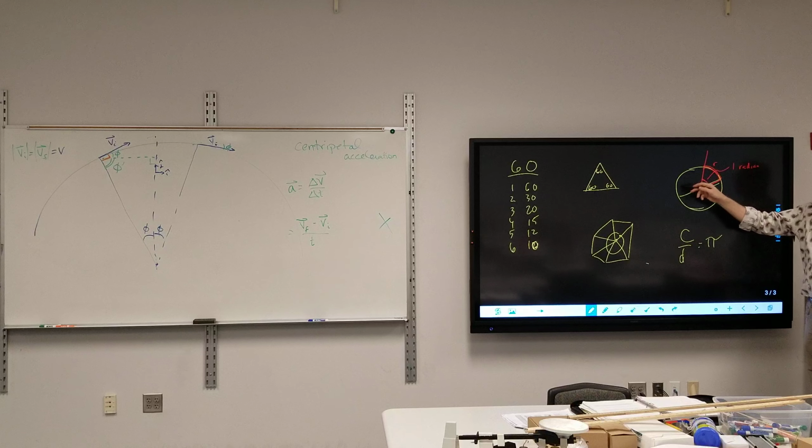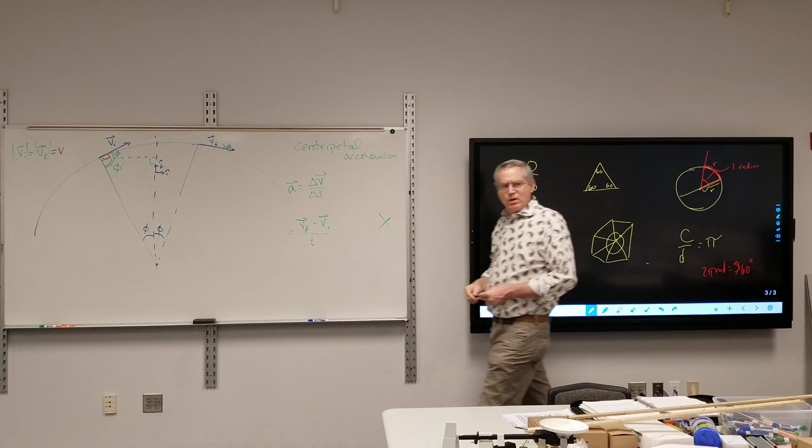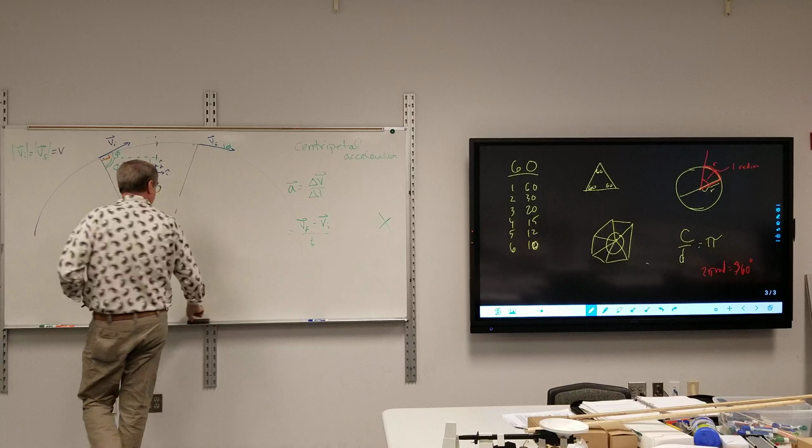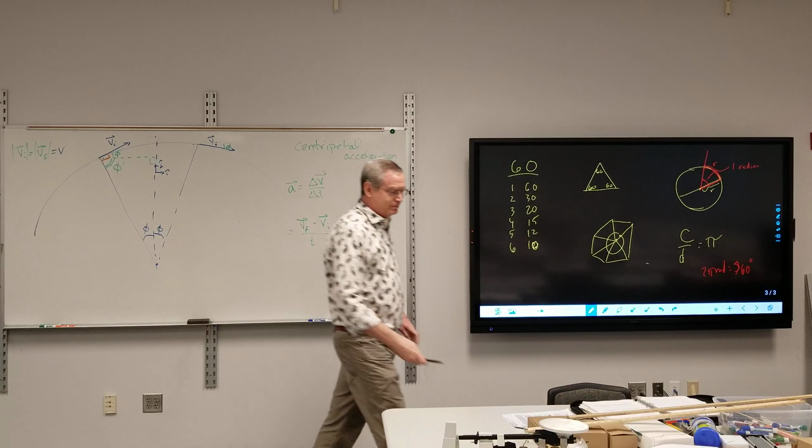And how many radii go around the entire outside of a circle? I'm going to assume 6 almost. More specifically? 2 pi. Circumference of the circle is 2 pi r. That means you got 2 pi radii going around the outside. So there are 2 pi radians in a circle. So 2 pi radians equals 360 degrees. And if you do the math, you get 1 radian, as Robin had said, is somewhere around 57 degrees. 0.14 or something, or maybe 4.1. I'm going to trust you on that one. I just know that when I need to